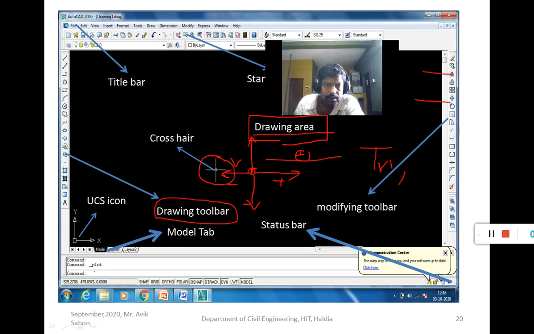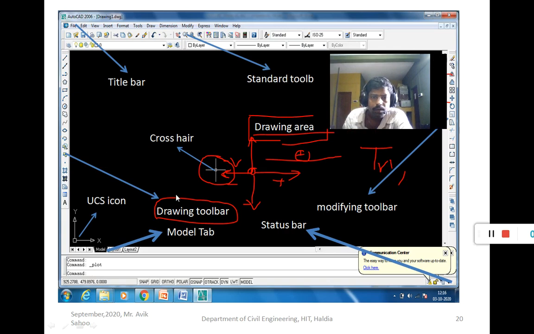Now this is the command line. This is a two-dimensional drawing. Here the command lines are available. You draw the two-dimensional object either using the graphical interface, GI, or using the command.